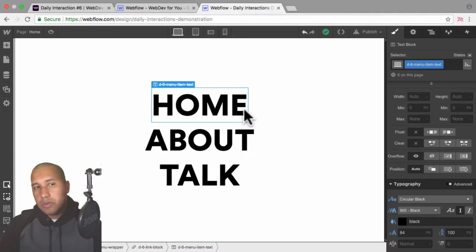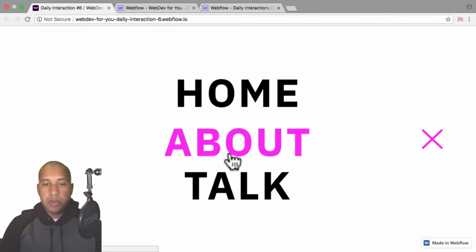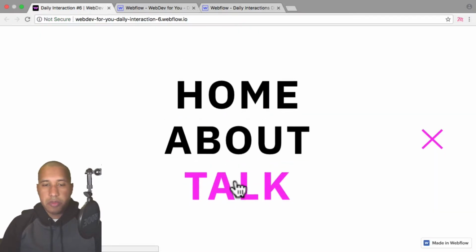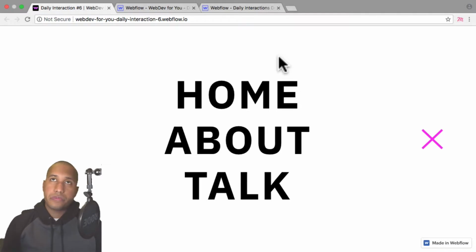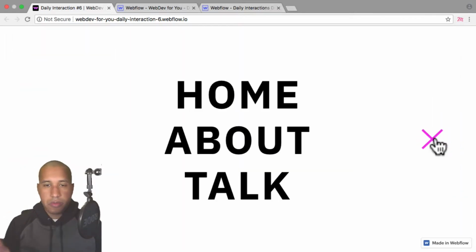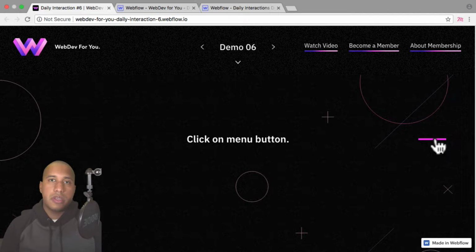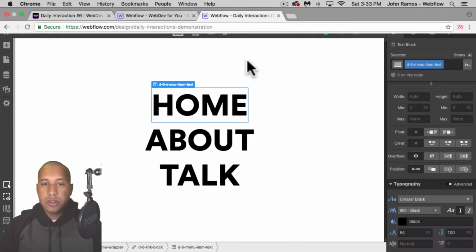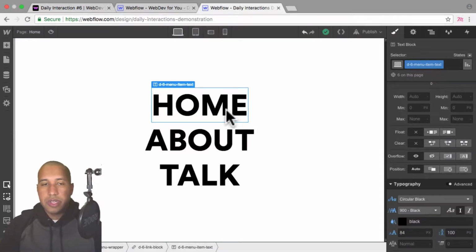So what I'll do now is we'll create the menu item hover animation. So this animation here, and then we'll have the menu fly in, and we'll have the text reveal. So if you notice with the demo, once I open, it kind of reveals the menu items, and I close it, it covers them, and then closes. So here I'll go back into Webflow. So let's create the menu item animation.